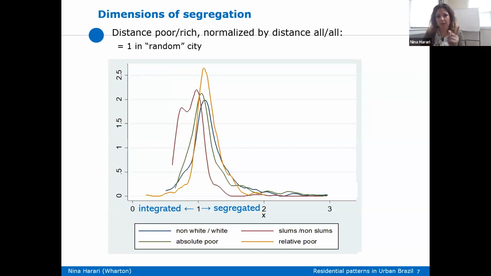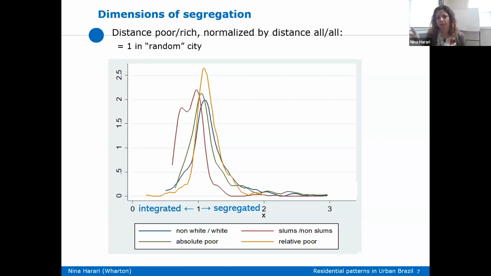So this indicator is centered on 1, and it will converge to 1 in a random city where I randomly allocate poor and rich people. If the poor and rich are allocated randomly in space, this indicator will be equal to 1. So here I'm plotting the distribution for this index for the top 600 municipalities in Brazil,